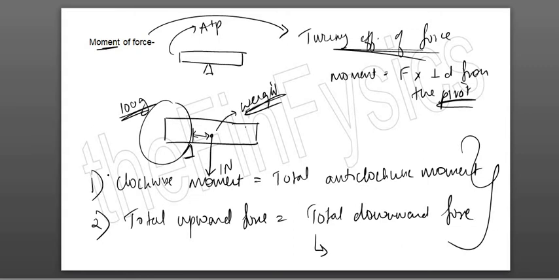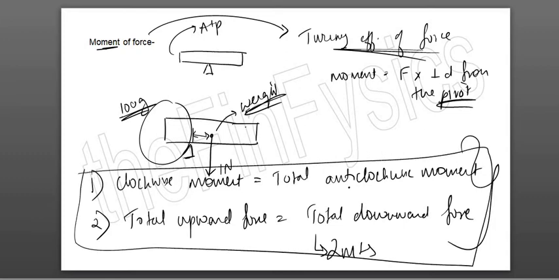So moment, the first sub question of moment is always to write down the 2 points which determine that the object is in equilibrium, or 2 conditions for a body to be in equilibrium, for 2 marks. So this is very important, that the total clockwise moment should be equal to the total anti-clockwise moment, and the total upward force should be equal to the total downward force. In fact, the numericals will also be based on the same 2 points.